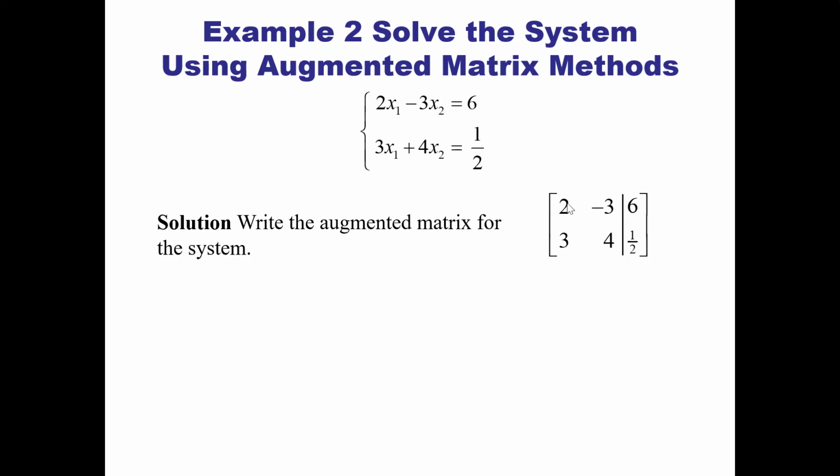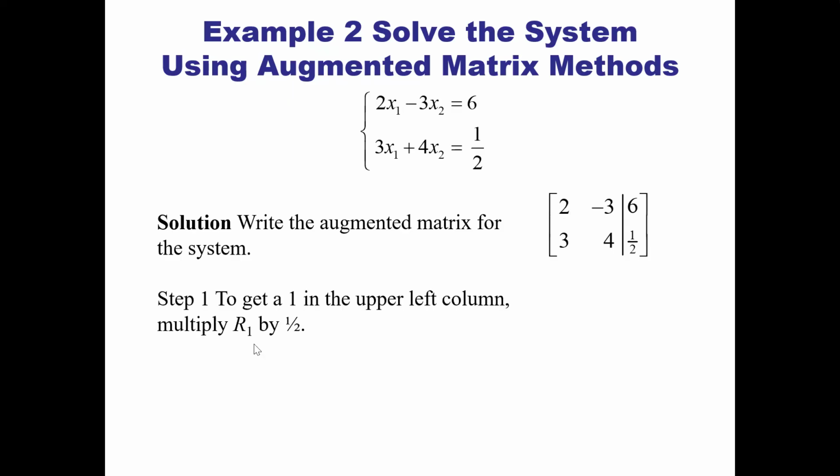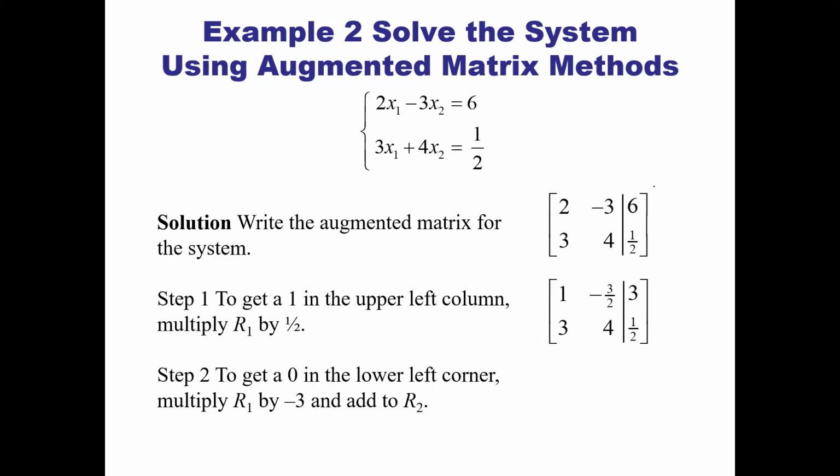Well, first off, we need to get a 1 here, so we're going to multiply that whole first row by 1/2, and when we do that, we get this. If we wrote down what we did, we'd say 1/2 row 1 goes to row 1. Now, the next thing we need is this to be a 0. So now we're going to say -3 times row 1 plus row 2 goes to row 2,